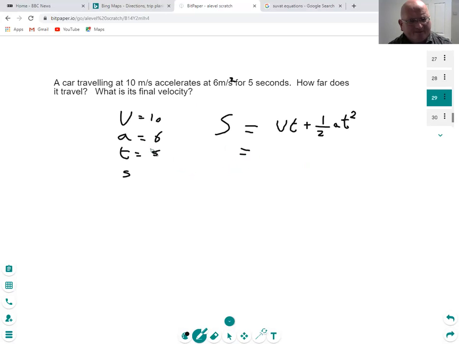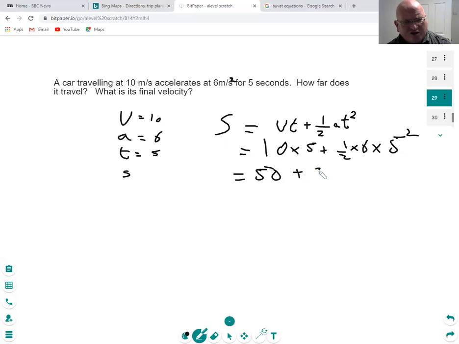S equals 10 multiplied by 5 plus half multiplied by 6 multiplied by 5 squared, which equals 50 plus 3, which is half of 6, times 25, that's 75. So we've got 50 plus 75, which equals 125